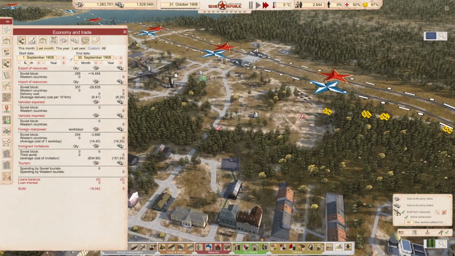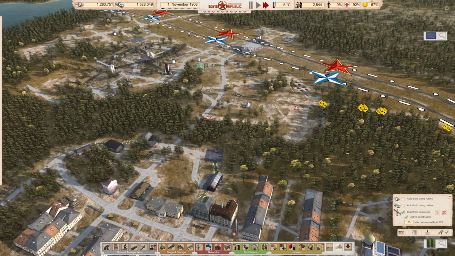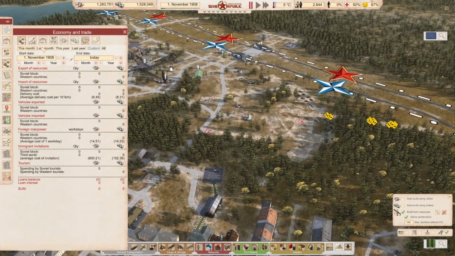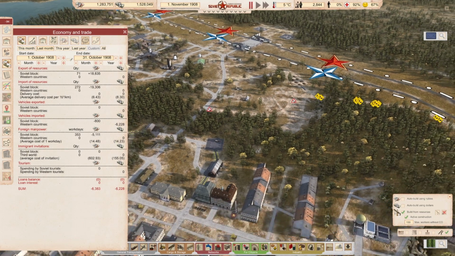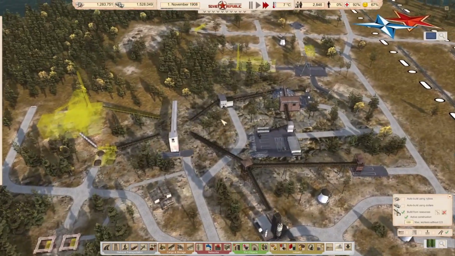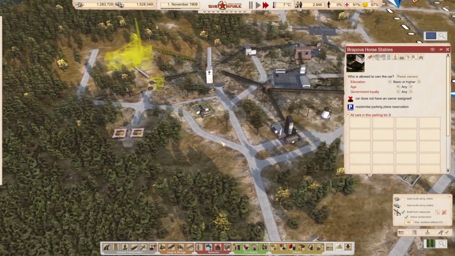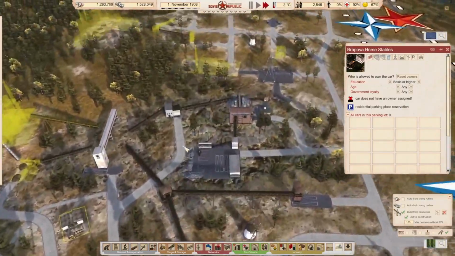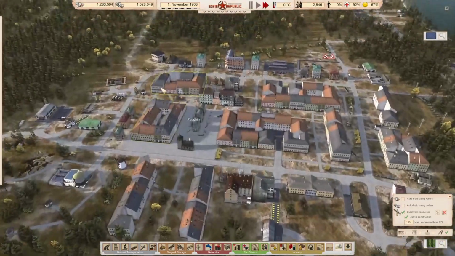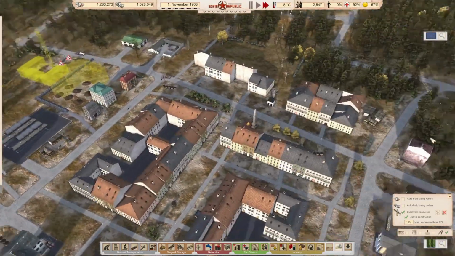I think at the moment we are exporting clothes. How much money did we lose last month? We are reducing our losses, but we're not getting a workforce out here. What are you guys doing? Where's our...